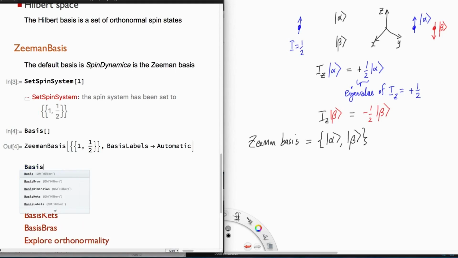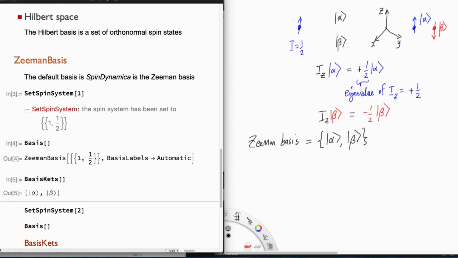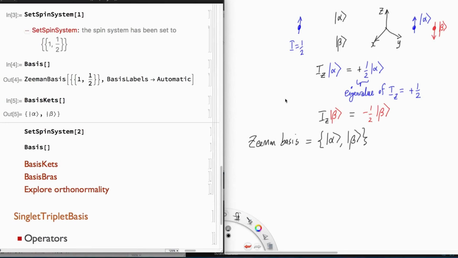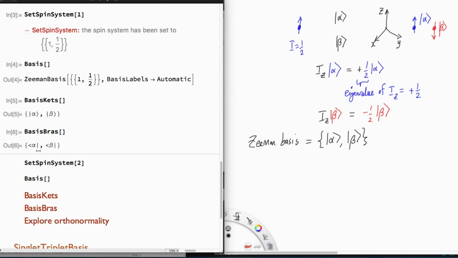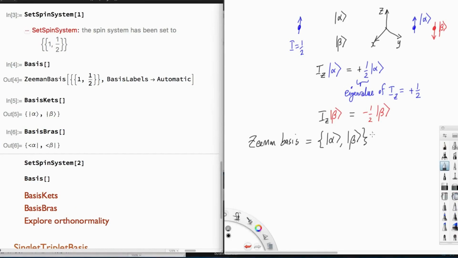And we can ask SpinDynamica what its kets are for that basis, and you see that the kets are these two states, alpha and beta. Now in quantum mechanics you have two sorts of ways of defining a state. You have what are called the kets and you have what are called the bras, which are written using the opposite notation. So the basis kets are ket alpha and ket beta, and the basis bras are